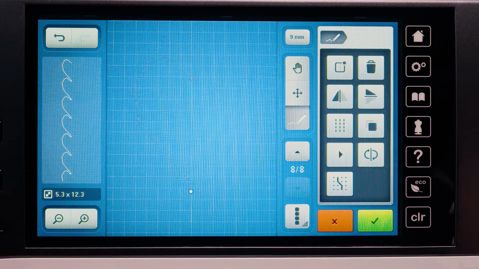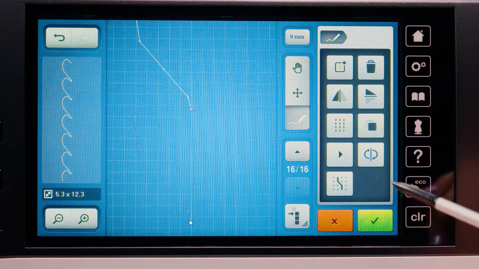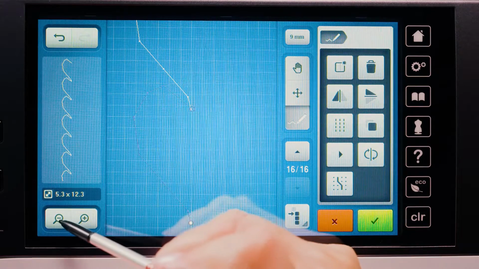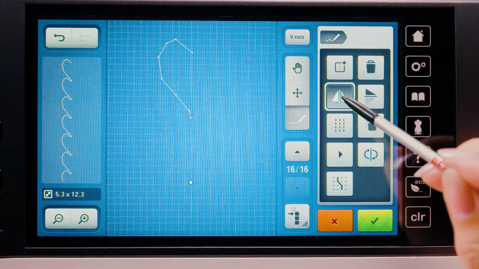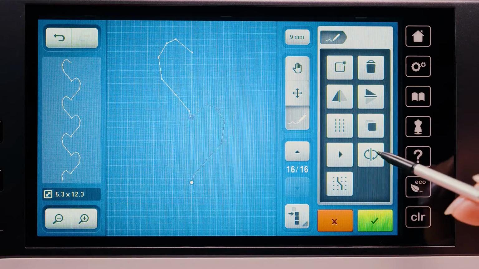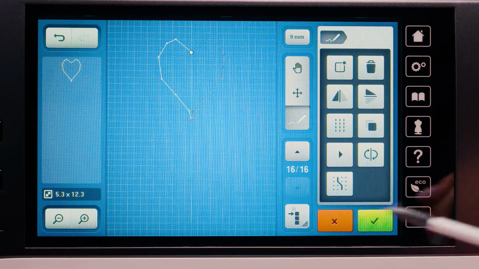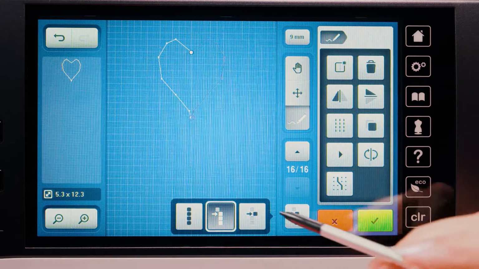It is now possible to duplicate the pattern. The duplicated pattern is positioned beneath the first design and is selected. The second design is mirrored. The stitch-out sequence for the second design must be reversed.